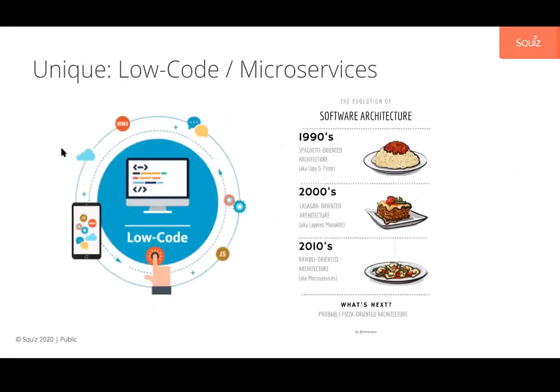The third big change we've seen is the rise of low code and microservices. So you've got a unique problem. It's just your organization that has it. Now, it's either unique because you're unique, there's something about you that no other organization has, or you're looking to innovate. So you're looking to create something unique, you're looking to differentiate yourself.